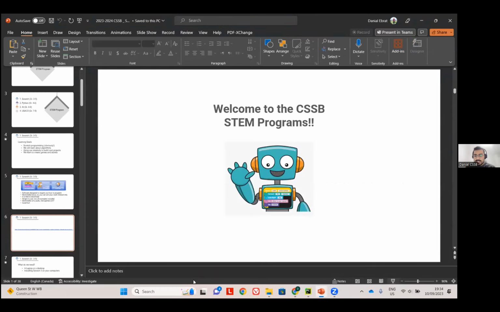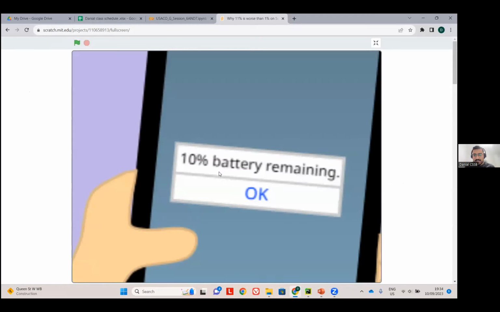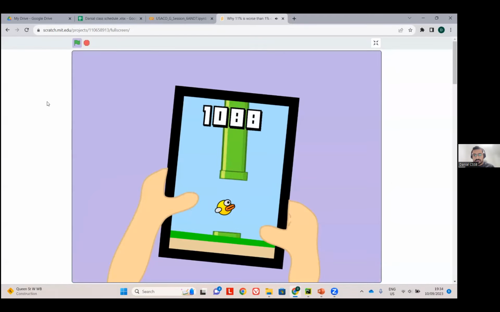And let's see one of the greatest projects that other people actually built and uploaded to this website, scratch.mit.edu. It's .edu, so basically it's the official website for that. This is going to be one of the final projects that one person did, and it's interesting to see. So you can see.